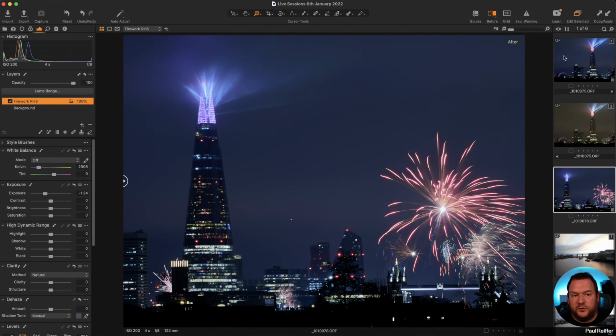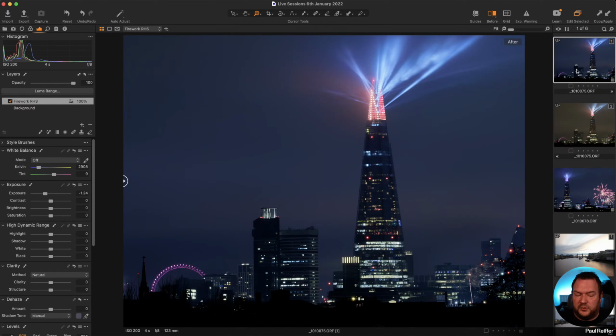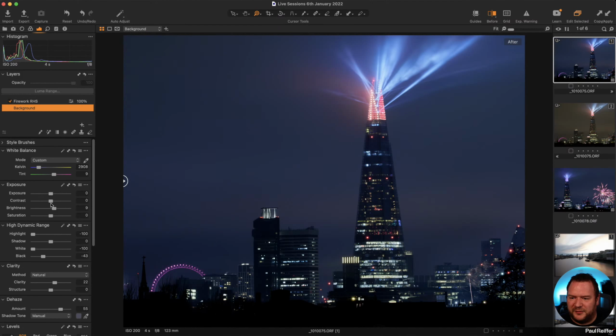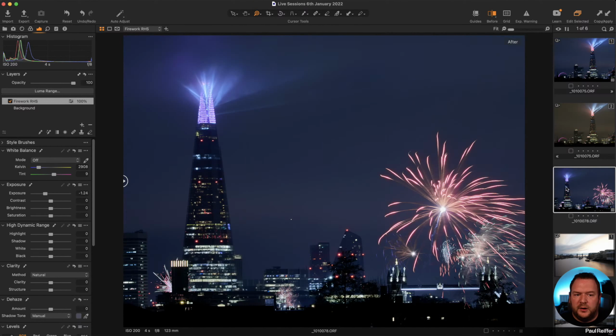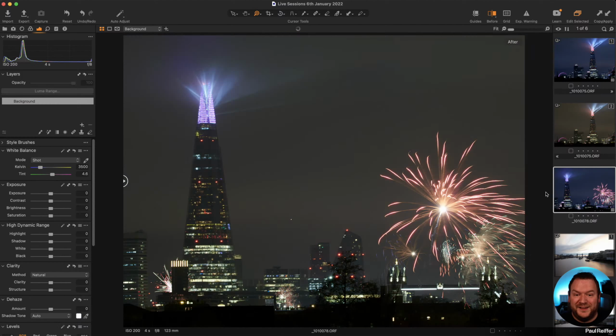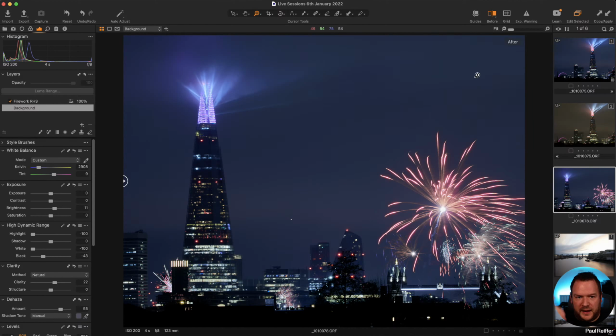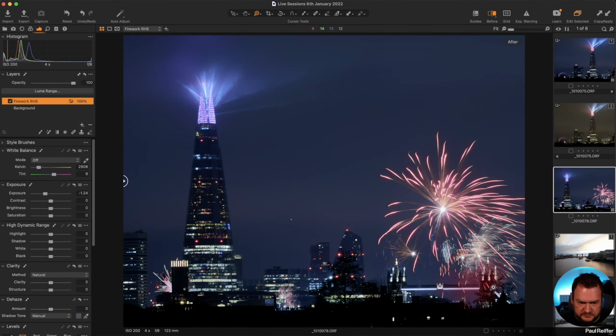So I would always recommend, if you're going to make changes to your, let's call it template shot, make the changes in here. So let's say we push the brightness up a tiny bit. Oh no, that's on the firework layer. Let's get the background. Brightness up a tiny bit more. Copy those settings. So Command Shift and C, or copy up here. Go to the one that you want to apply it to and reset it. Reset the image first, then apply. And it's going to put in everything that matches this one into here. And now, of course, this layer here, my mask over here, I don't need on this one because there's nothing to fix on there. So I'm now going to delete that layer.